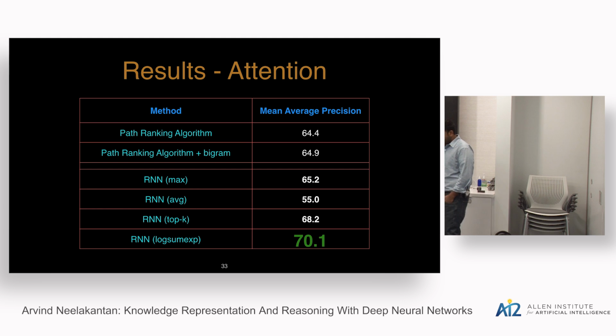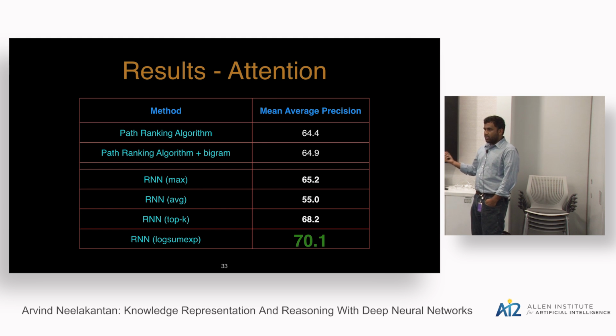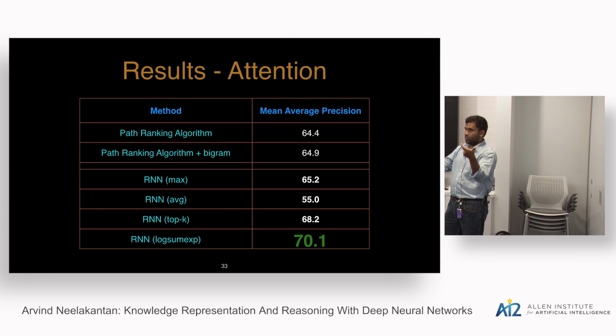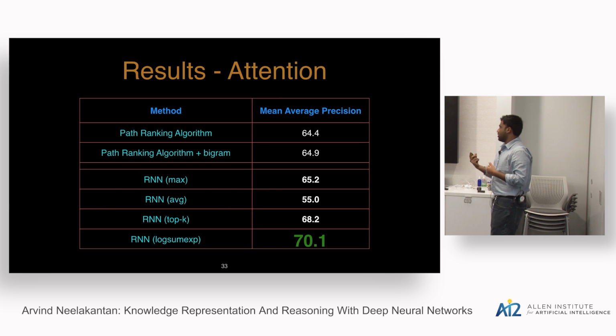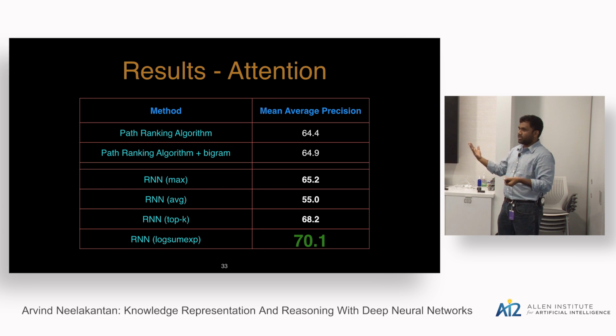Yeah, definitely. The motivation for using these RNNs is to generalize to unseen paths. For the symbolic systems, one way you can do that is to create bigram features. If you have a path, let's say A hyphen B hyphen C, you can create bigram features for A hyphen B and B hyphen C, similar to how you create bigram features for sentences. So you don't have to see the entire path. But then it's harder to perform reasoning with that, because this task actually needs you to understand the whole path. So that's why I think you don't get a boost by using bigram features.